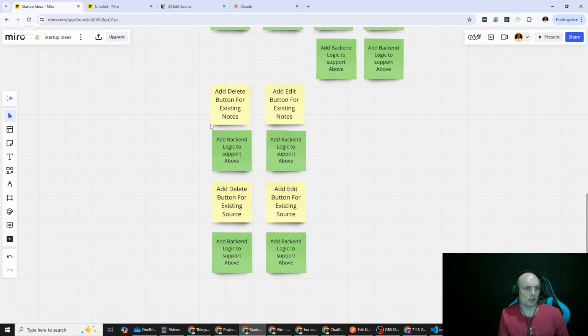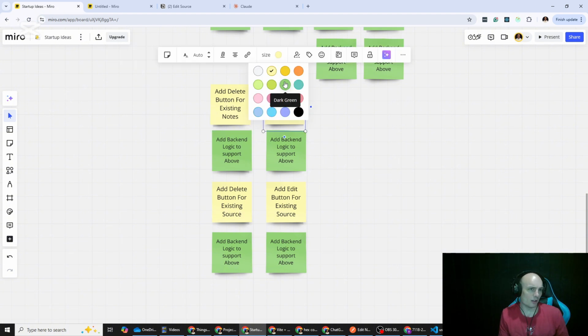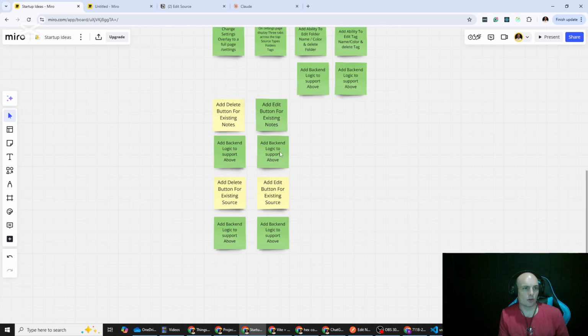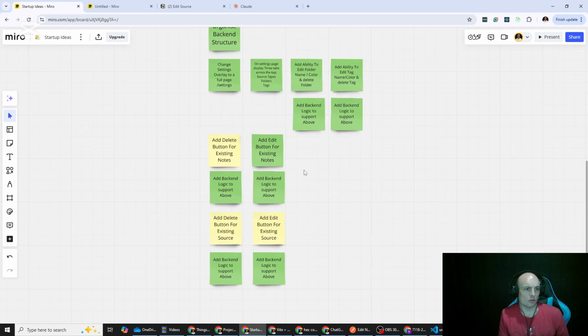We don't have the ability to delete notes yet, but we do have the ability to edit notes. So it is working, albeit a little bit funny, and we haven't done this functionality yet. So they are two things that I did want to tick off